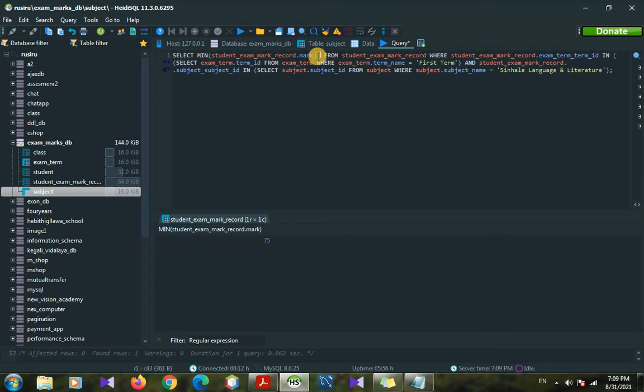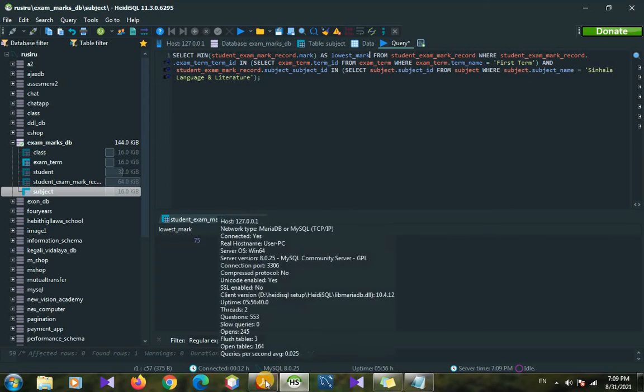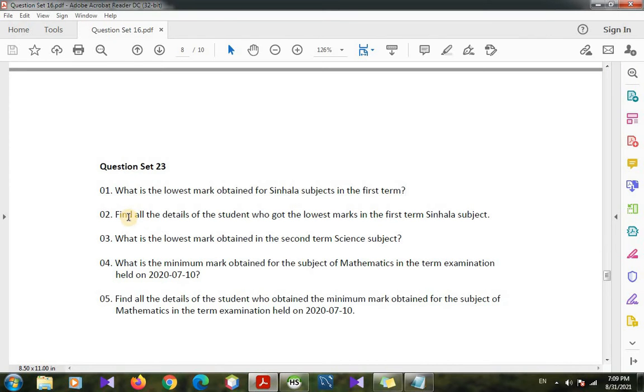Next we use another keyword, as, to rename the column. We rename it as lowest mark with an underscore, because we can't keep any spaces between the two words, it will make an error. If we run this, it is renamed as lowest marks.